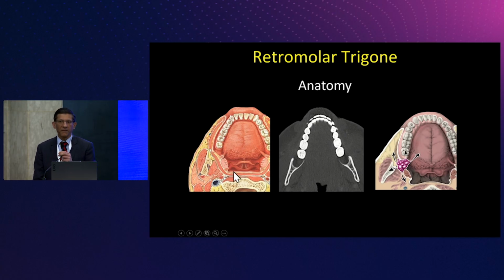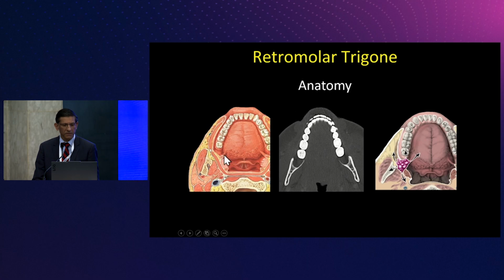Now, how many of you have had your wisdom teeth out? So I want to congratulate you because you have the largest retromolar trigones in this room. I know you've wanted to be the best at something, the best and the biggest at something, and congratulations, you get the award for the largest retromolar trigones. I hope you'll be proud of that. So this is an example here of a patient that had both of the wisdom teeth out, and these are the expansion of the retromolar trigones.